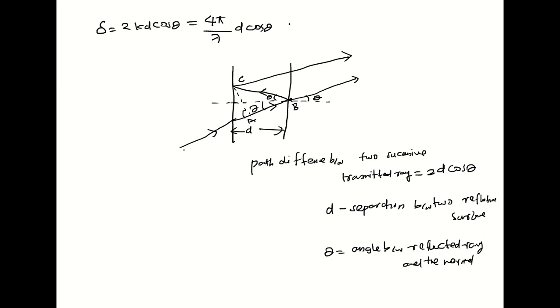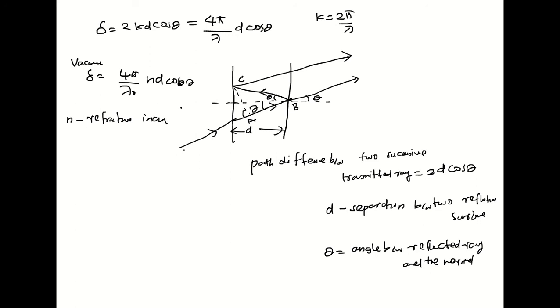Okay, cos theta, where k equals 2 pi by lambda. So that's how the equation will come, where lambda is the wavelength in the medium. So, the wavelength in the medium in terms of the vacuum case: if it is in vacuum, we can consider delta equal to, as you know, 4 pi by lambda 0 n d cos theta, where n is the refractive index,